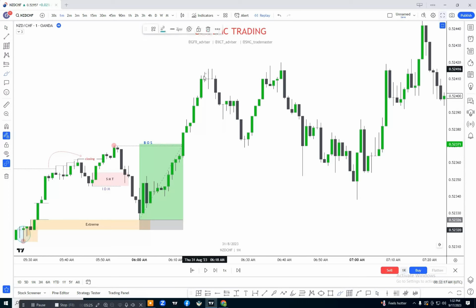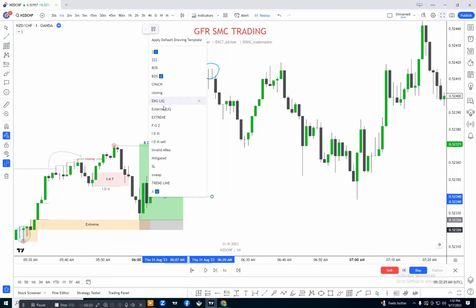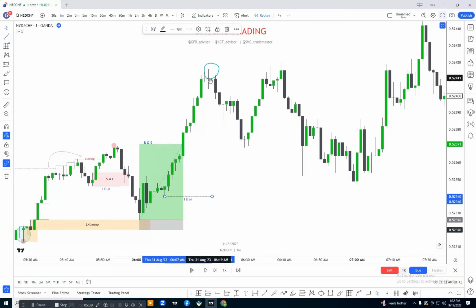The market created this high, but for this high there was an inducement at this point, and the market did not take out the inducement, so this high will not be confirmed. But whenever the market sweeps this high, our inducement will be shifted from this area